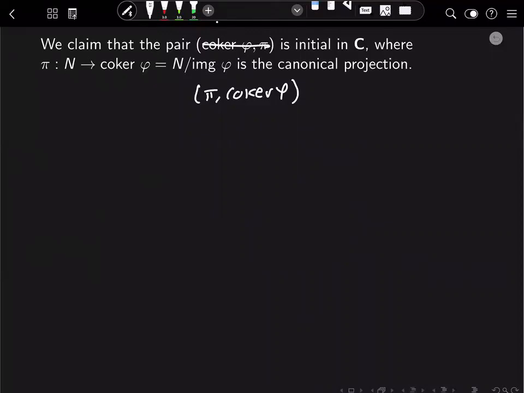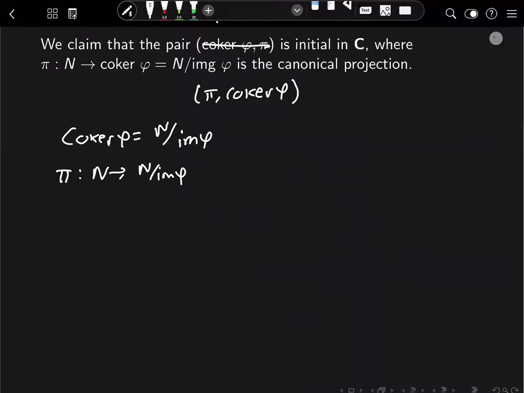So essentially all we're doing here, we know that the cokernel of phi is equal to N mod the image of phi. And so all that we're doing really is taking pi, that's going to map N onto N mod the image of phi, and we note that actually in